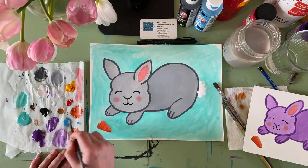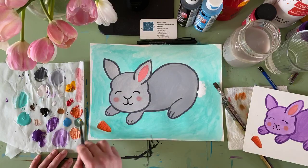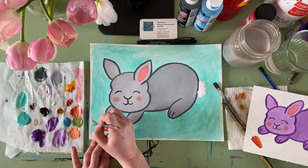So I'm going to take a little bit of blue, and I'm going to take a little bit of yellow, and we're going to make a green, like so. And I'm going to even make it a little bit darker because the green is actually pretty close to the background. There we go. Oh, and look, I got a little bit of orange in there. And all you're going to do is add